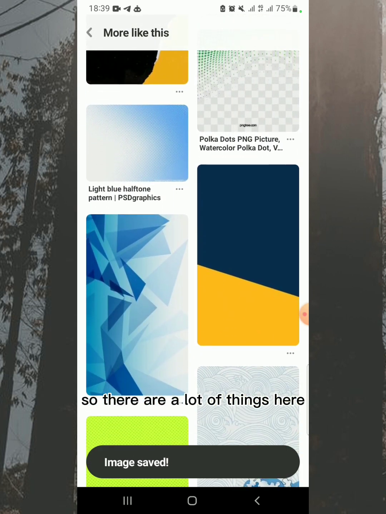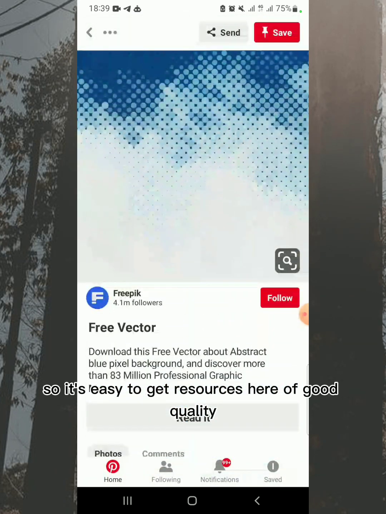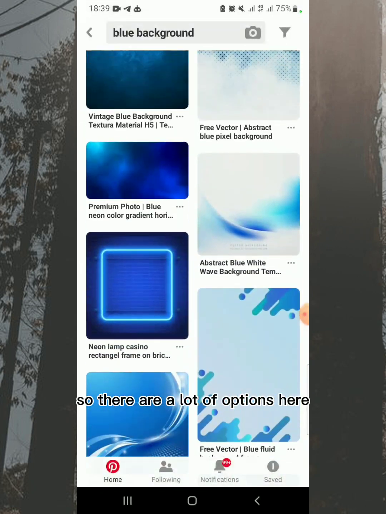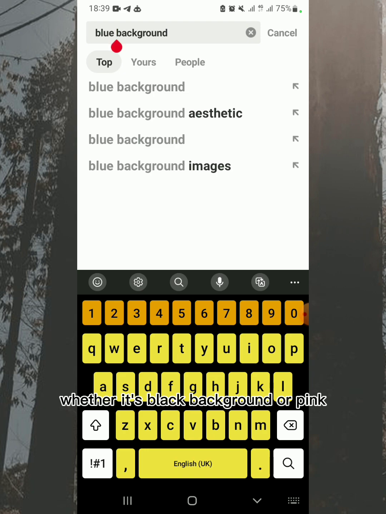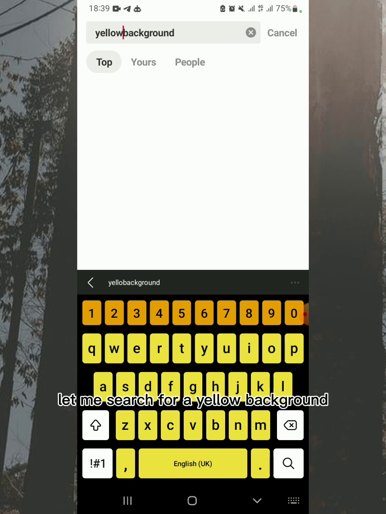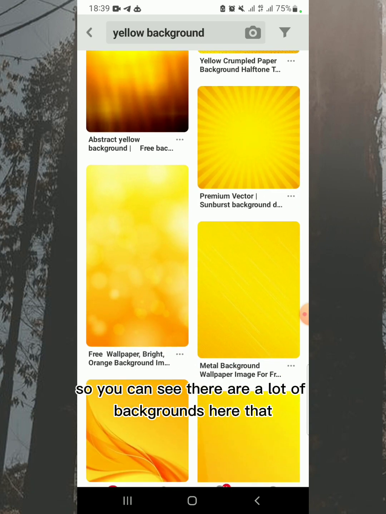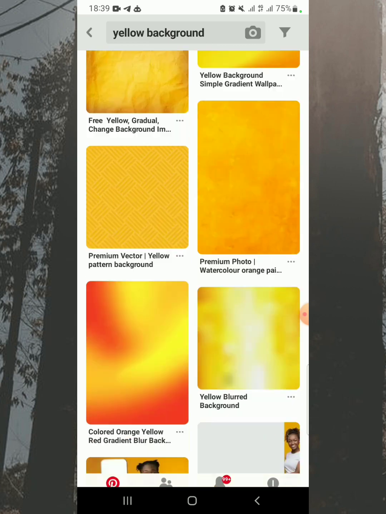So there are a lot of things here, so it's easy to get good quality resources whenever you are designing. There are a lot of options here, whether it's blue background, yellow, black background or pink. Let me search for a yellow background, whether it's plain. So you can see there are a lot of backgrounds here that you can use,